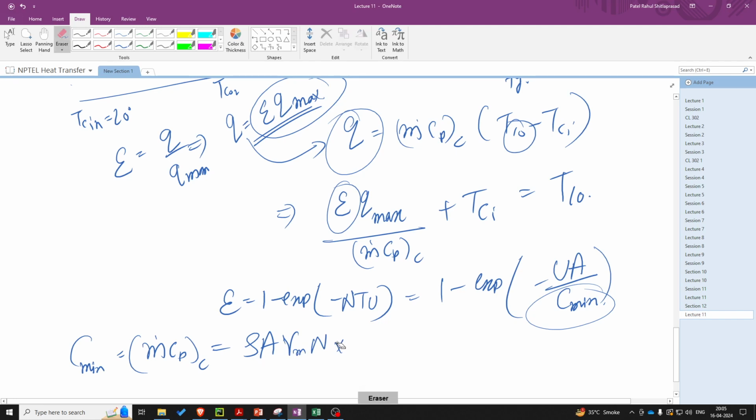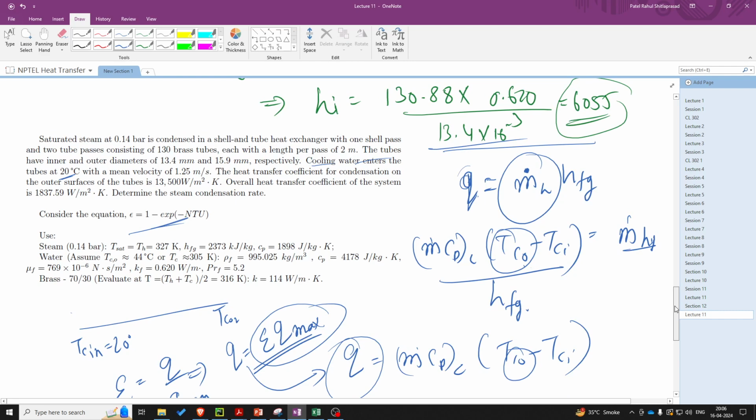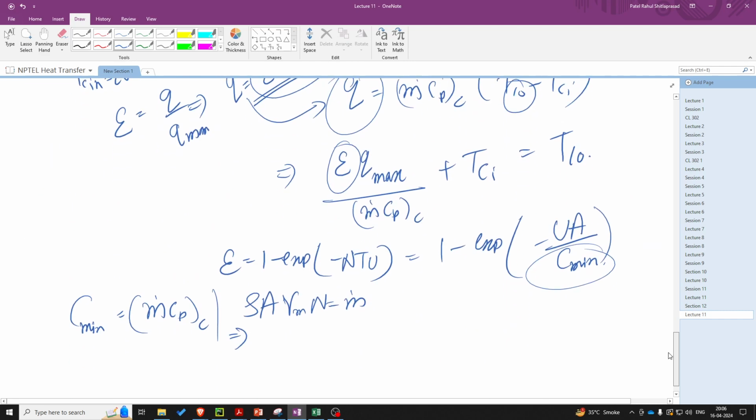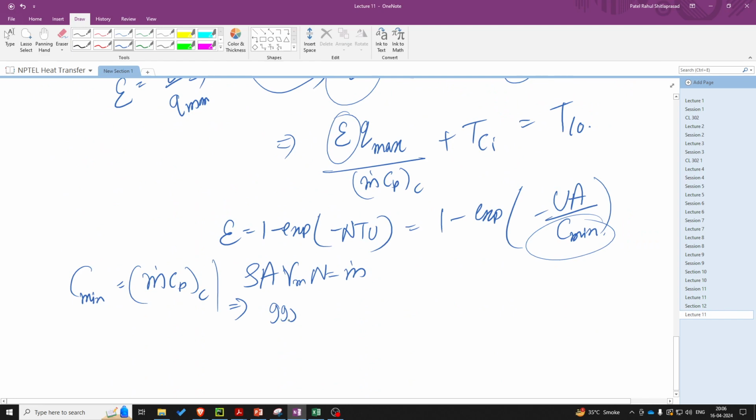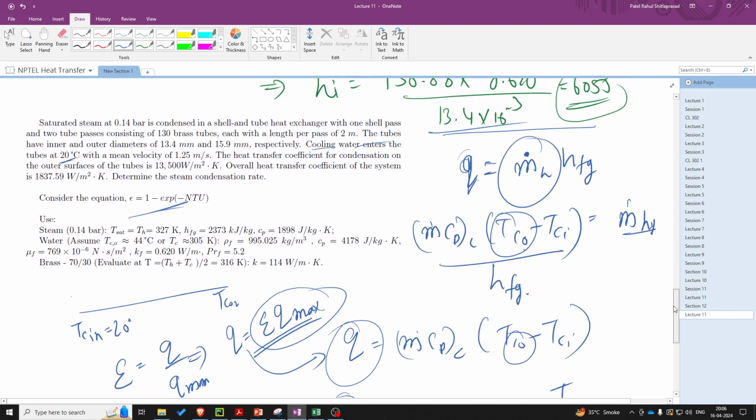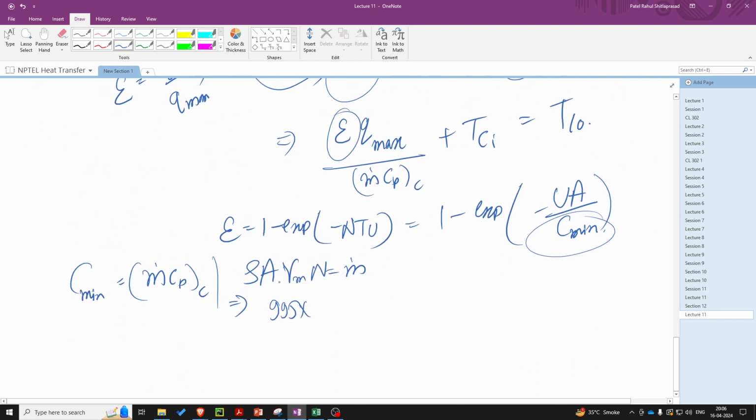So once you have this mass flow rate, then you can calculate the C_minimum that you can put over here, and then you can obtain the value of NTU. So the value of density that we have been given is 995. The area will become pi d L. No, the area